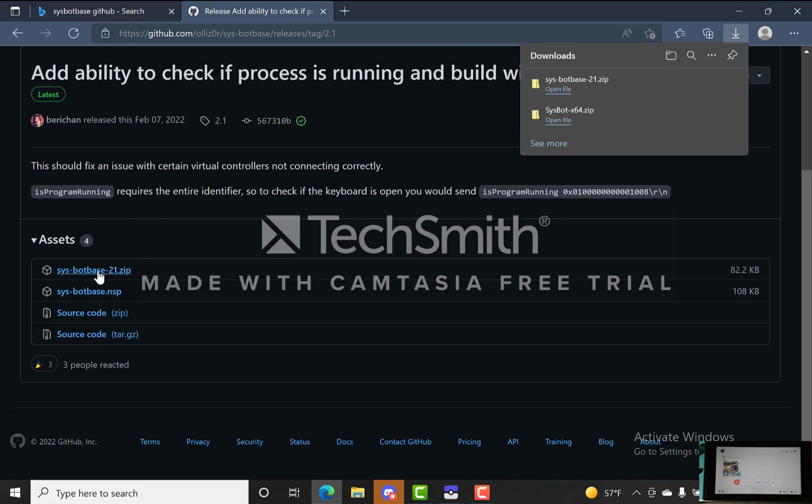Now, depending on what game you're going to be running the sysbot for, Sword and Shield, Brilliant Diamond Shining Pearl, and Legends Arceus, they all use the same sysbot. I think the only one that's different is Let's Go. If you're doing a Let's Go bot, you have to download something different. If you do plan on doing that, just let me know, and I will send you all the information for that one. But as far as Sword and Shield, BDSP, and PLA, you're going to use the same sysbot stuff here. Alright, so now that we got those two downloaded,